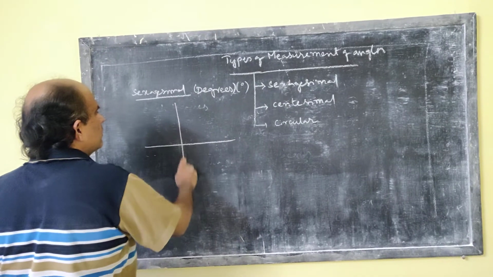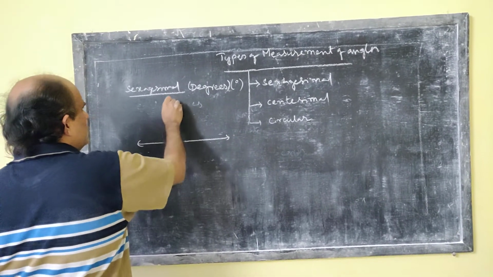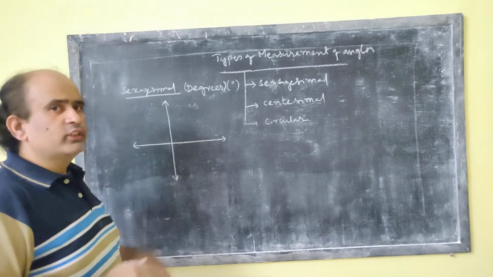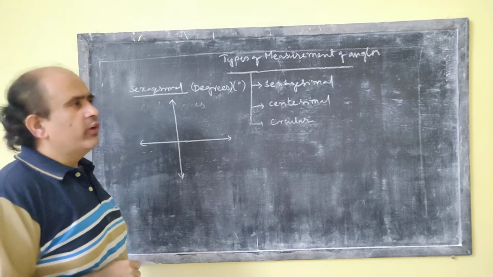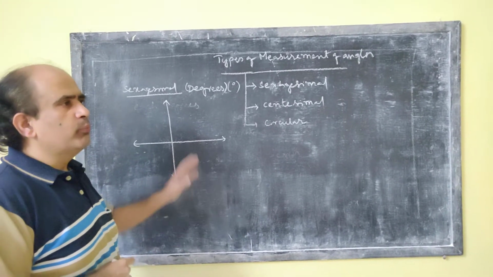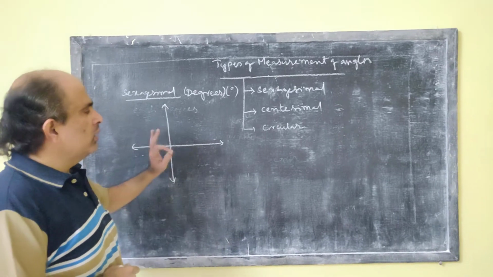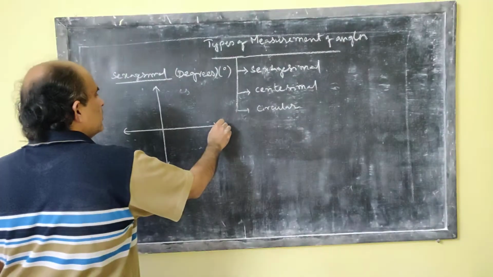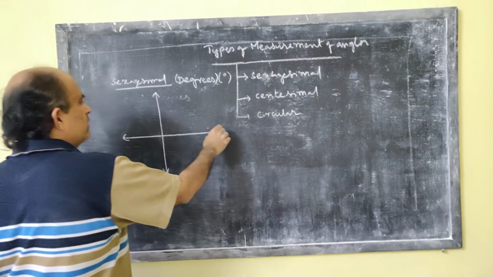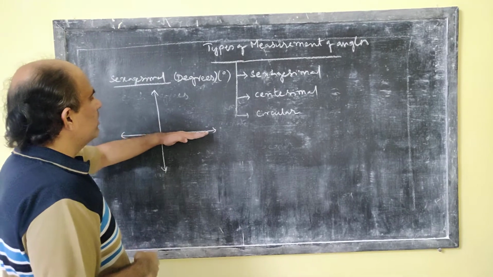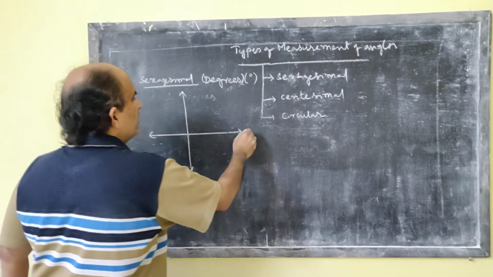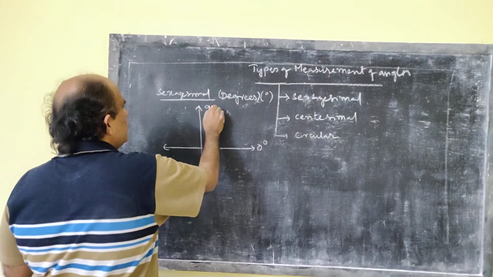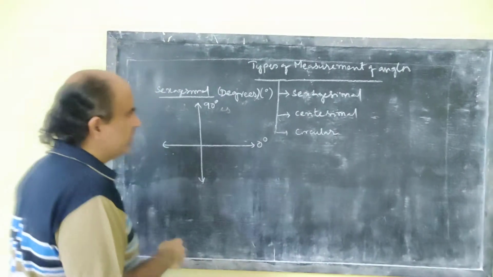Therefore, if I take the coordinate axis, what is the meaning of coordinate axis? You can refer to my other video where I have discussed in detail how to plot a point and all those things on the coordinate axis. Just look into that video to understand what the coordinate axis is. So in this, when the initial ray and the moving ray coincide with each other, the angle is 0 degrees. Now this is 90 degrees, that is 1/4 of the revolution.